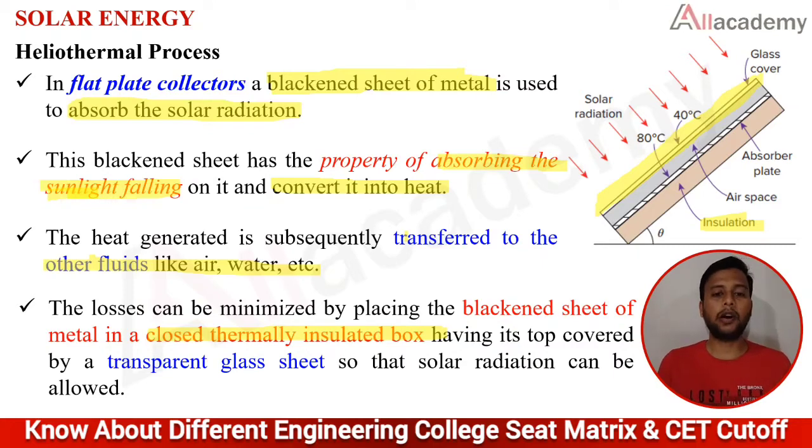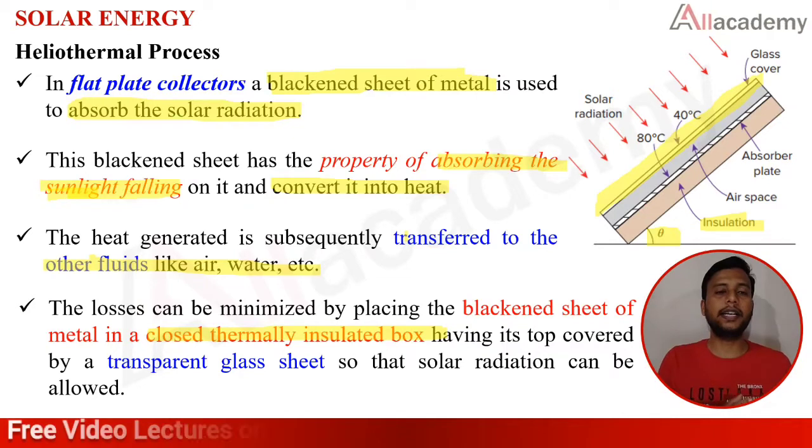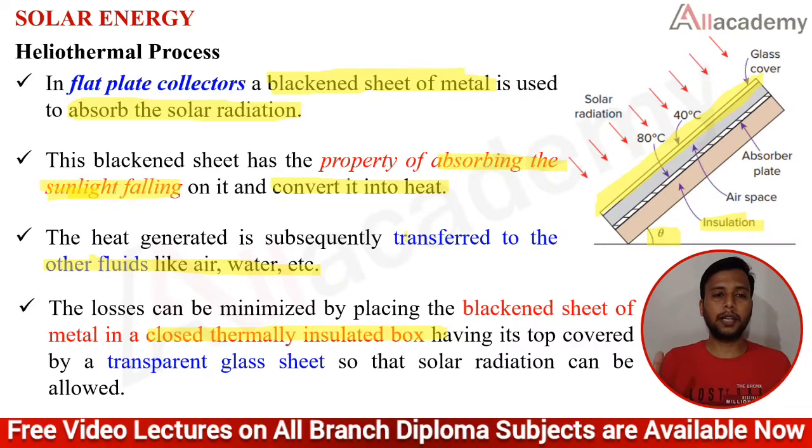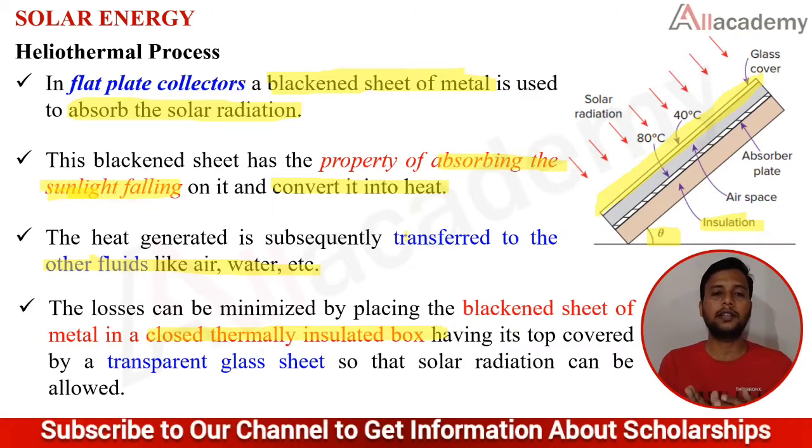Now one more important point: why the angle is shown. You may have a question that for a flat plate, I should keep it flat. So why is it kept at a certain angle? Whatever radiation is coming should be completely utilized, because the sun will be moving and changing its location every moment. For that purpose, we need to place it at a certain angle so that the maximum radiation will fall on this surface.